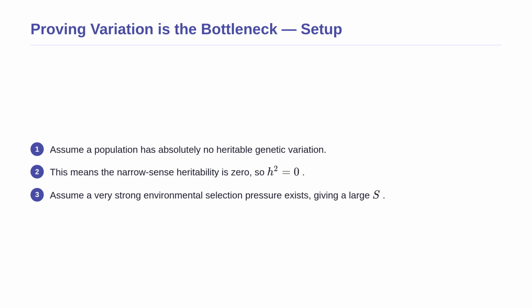We have successfully used the breeder's equation to calculate change, but this formula also allows us to prove a fundamental limit of evolution. We want to mathematically prove that variation is the absolute bottleneck for adaptation. To set up our proof, let us assume a hypothetical population where every individual is genetically identical. Because there are no genetic differences that can be passed on, the narrow sense heritability, denoted as H squared, is